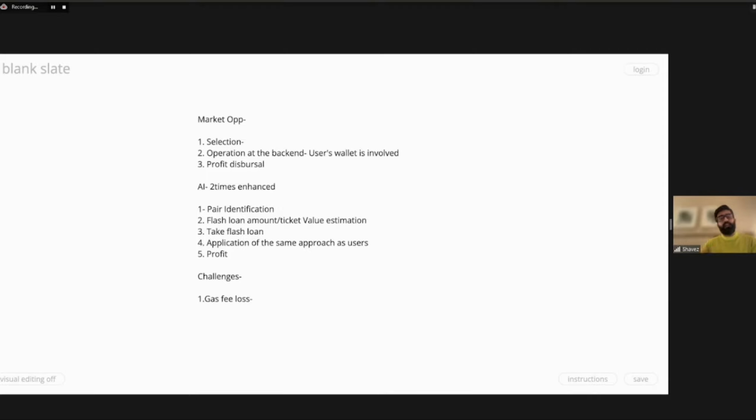Due to many dependencies, the transactions were not successful. So not only will the transactions be successful, and not only is the DApp getting a faster workaround, but at the same time the losses that we were bearing as users will no longer be in the picture. Plus, there is a benefit as well that you as a user don't need to keep any gas fee with you. So your money is saved, the product is 2 times more scalable,